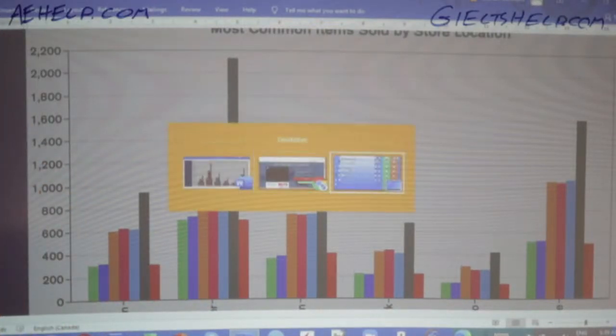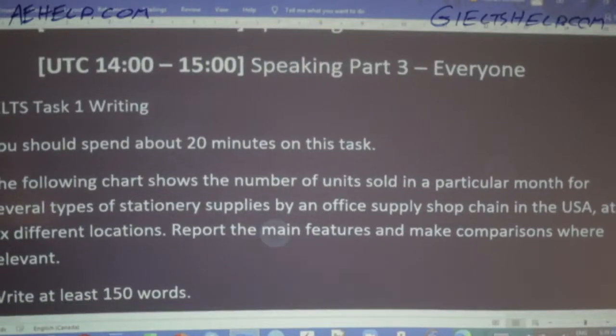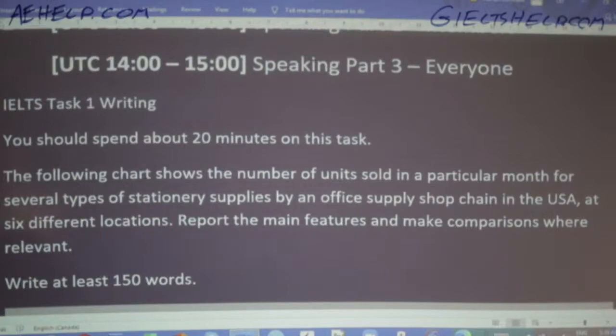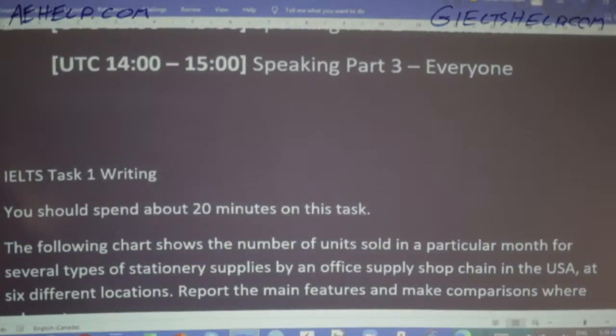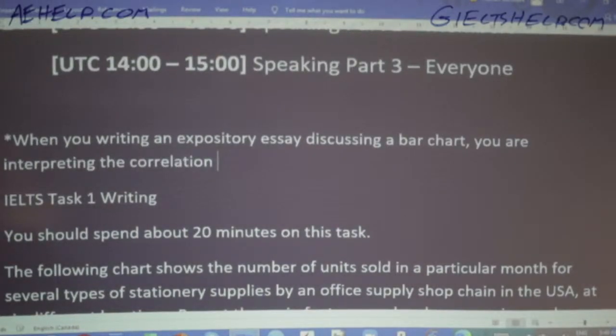So when you're dealing with bar charts, keep in mind, this is just a note for everybody, okay? When you're dealing with bar charts, it's important to know that you're comparing the correlation between nominal and interval data, okay? When you're writing an expository essay discussing a bar chart, you are interpreting the correlation between the interval data